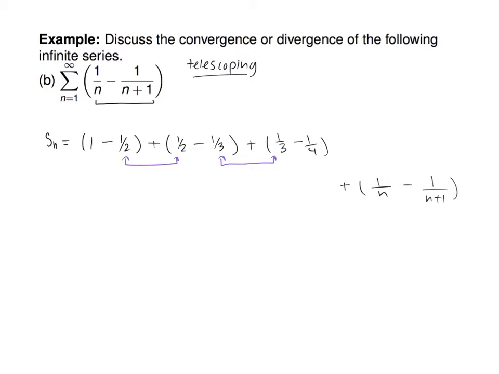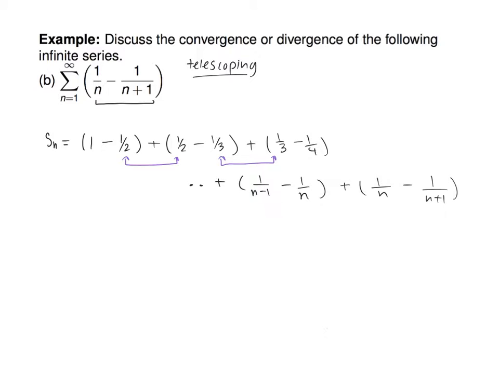Now when you go 1 previous, what happens to the denominators? Are they going to decrease or increase? They decrease by 1. Does that make sense? From this, 1/3 goes to 1/2, right? This 1/4 goes to a third, right? So the term prior to that, what's it going to be? 1 over n minus 1, and then minus 1 over n minus 1 plus 1, which makes it 1 over n. Oh, sorry, yeah, that was not clear.